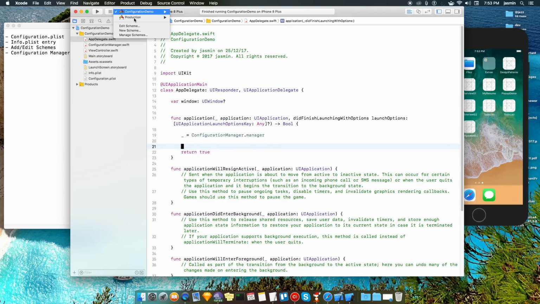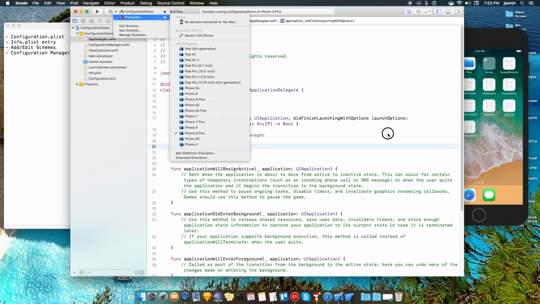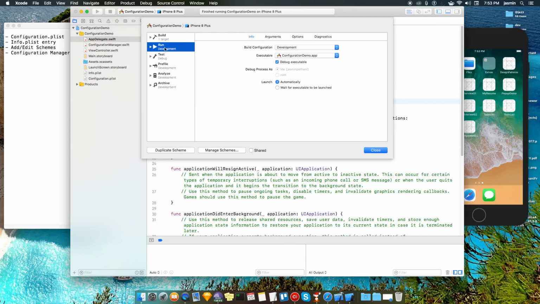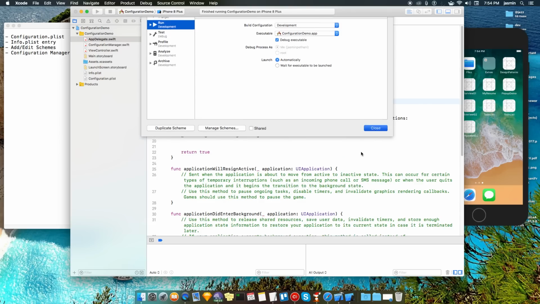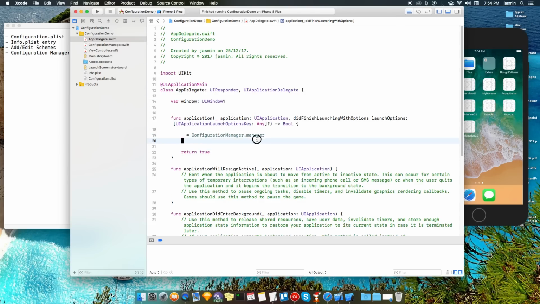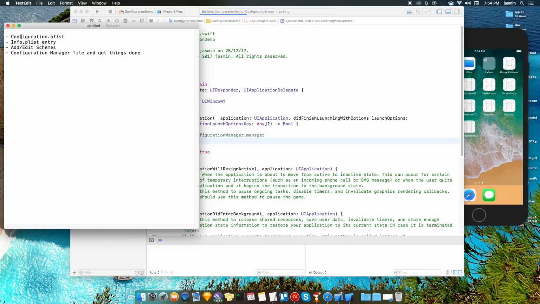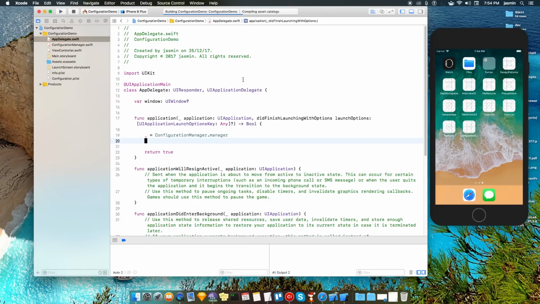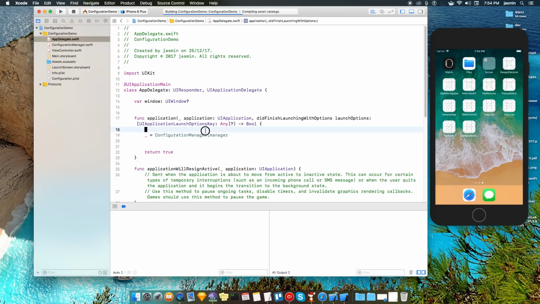For production it will not print into the console because we have turned off things like debug executable. We'll see that in a later step. Let's run it right now. All this stuff has been done, so let's minimize and see what is printing in the console.